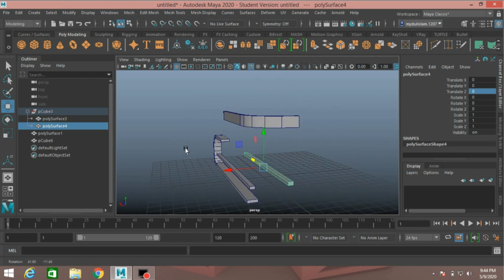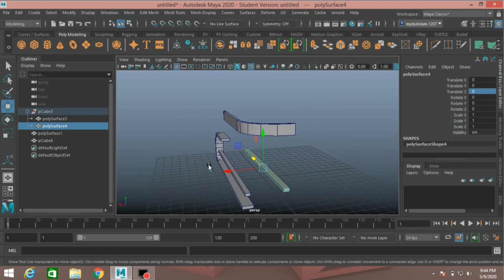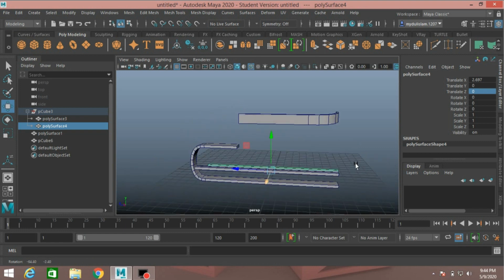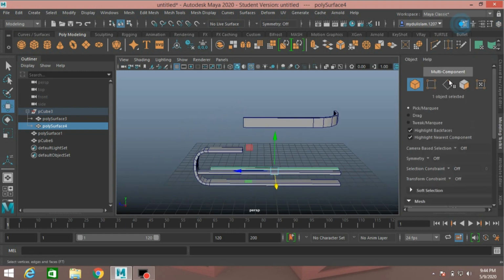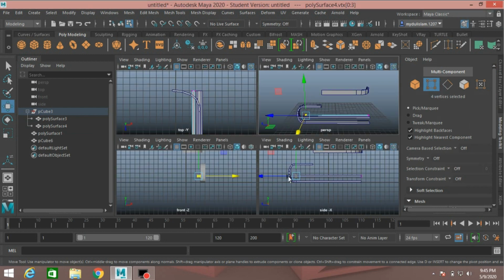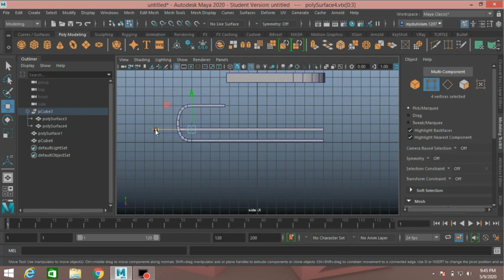Now move it here and go to vertex mode. Now go to side view, move the vertex just like here.